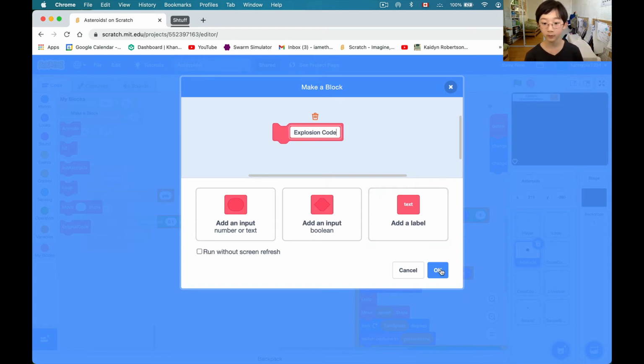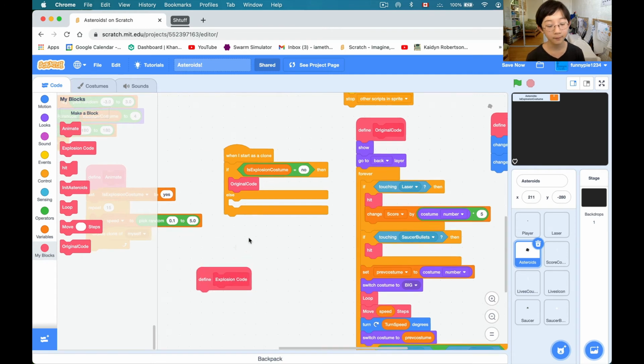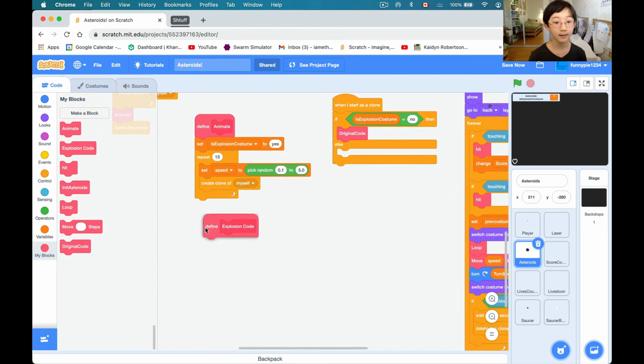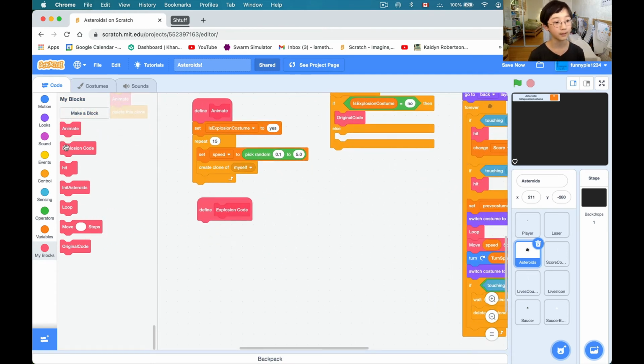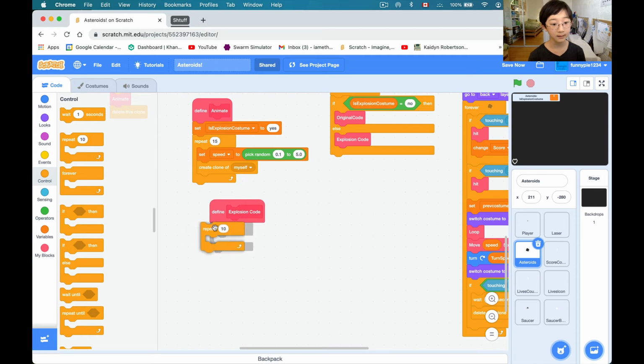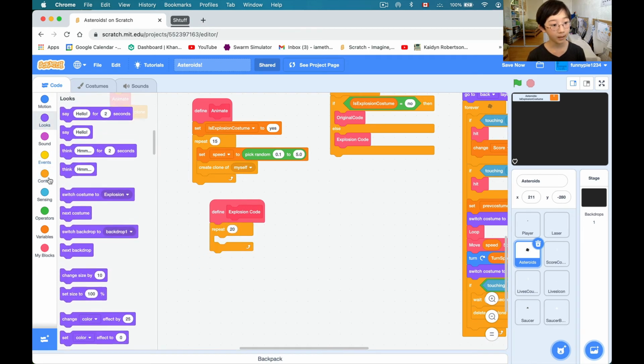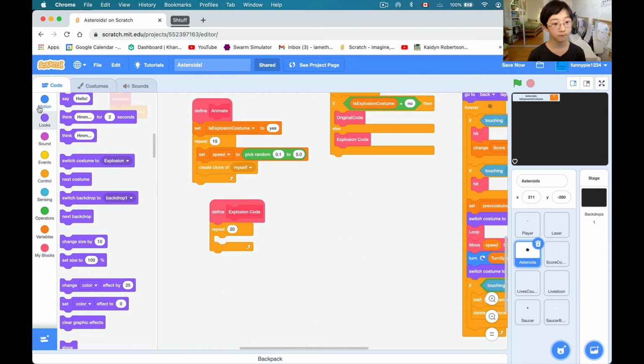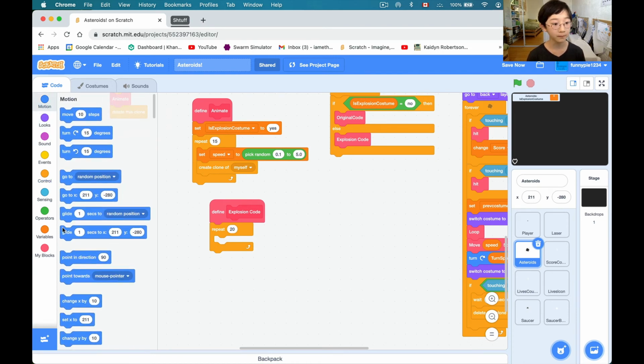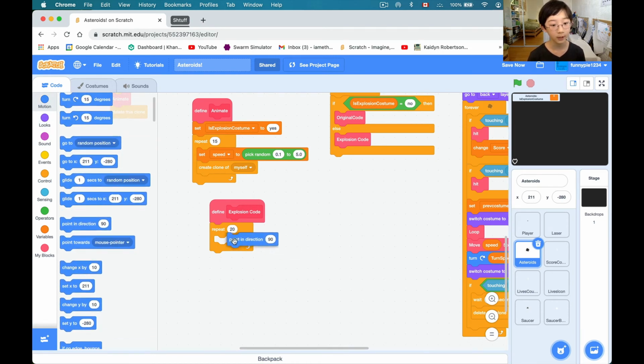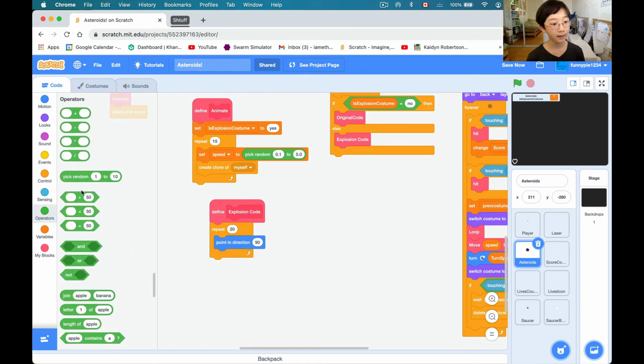Don't click the run without screen refresh. Alright, so define explosion code. Inside this define block, let's first of all drag this explosion code inside here. All I'm going to do is repeat 20. I'm just going to make it point in direction random. So I'm going to point in direction, pick random,